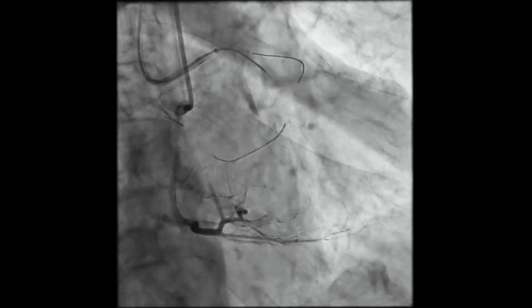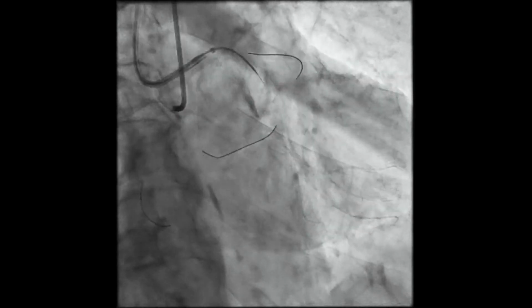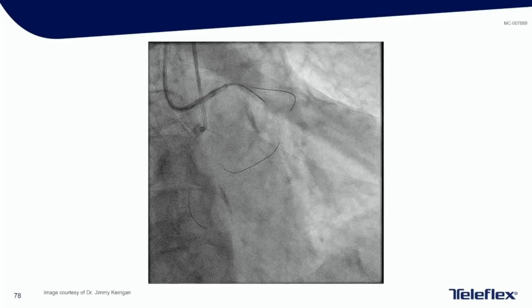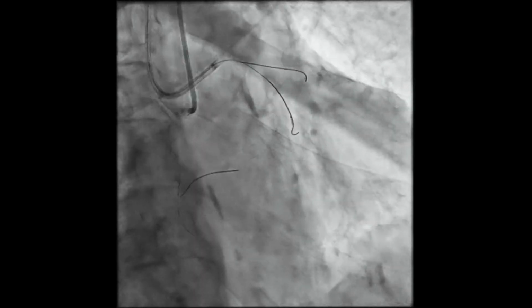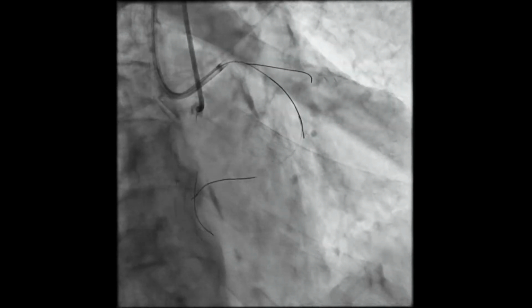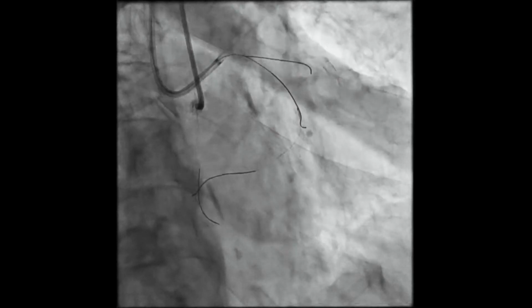And on retrograde injections, we figured that we were in the AV groove circumflex convincingly. The issue then became, how do we own the obtuse marginal so that we don't lose it? And again, we have the luxury of having a dual lumen microcatheter available, open, and ready to go. So pulled the dual lumen microcatheter, swapped out the wire and the AV groove for something safer, and then basically